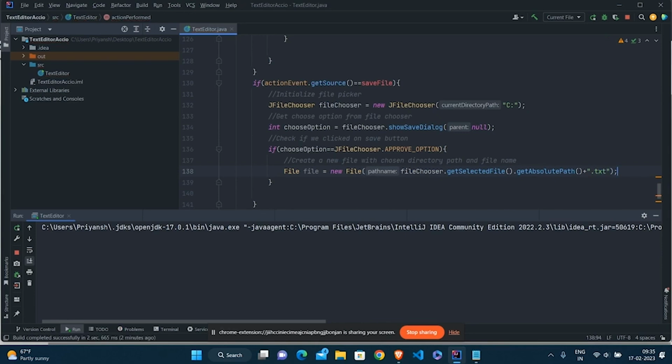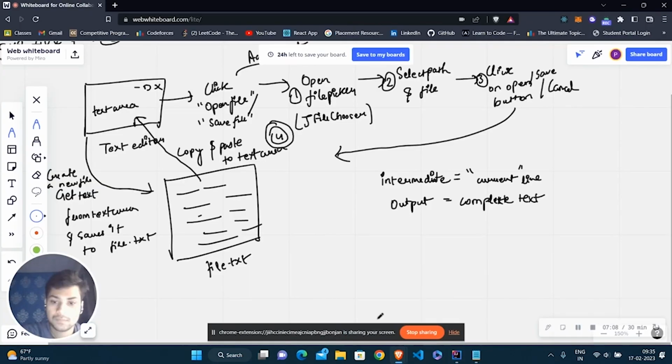What happens in this statement? Basically, we open up a file picker, and we have some path here.